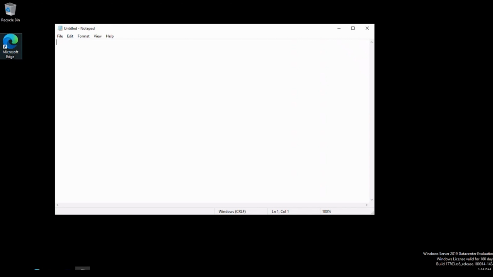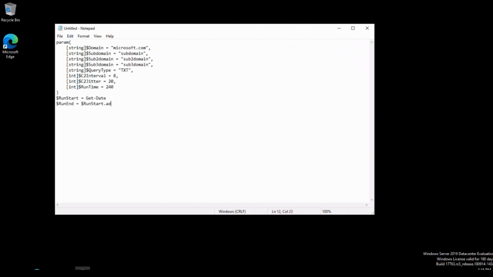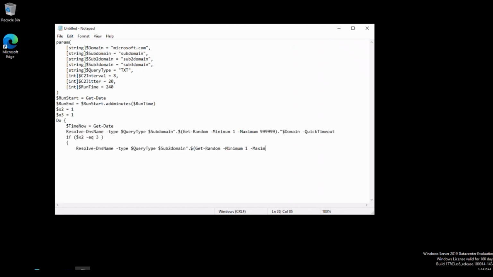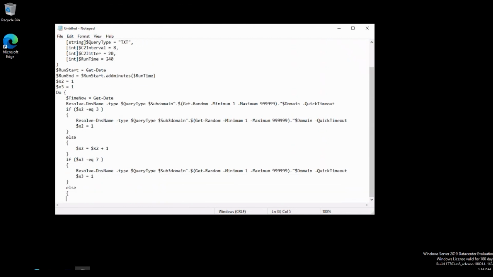The script that we're going to run is this right here. It's just some code to simulate an attack. What this code is going to do is simulate DNS queries to a command and control server, basically. We're simulating a malicious threat in this scenario.